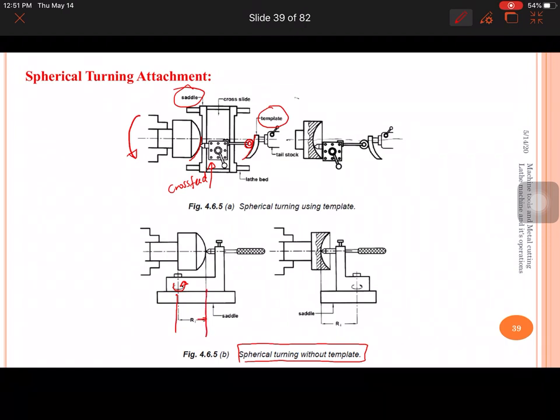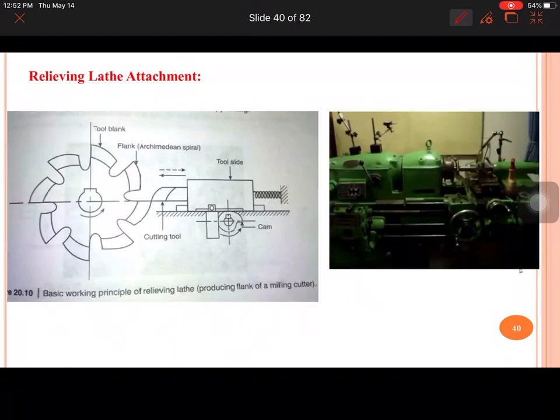This is decided by the distance between the axis of rotation of the attachment and the tool tip, that is Ri. This Ri is called the radius of curvature which we want to achieve on the work part. Okay, this is the spherical turning with and without template.